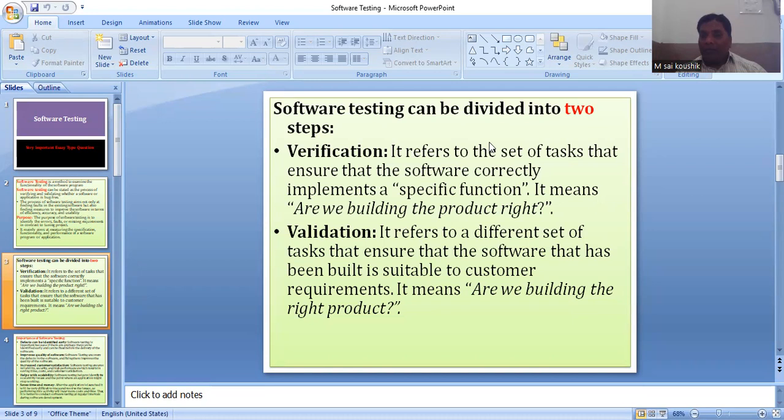I am preparing the corrected product or not, that goes to verification. Where the failures are there, you can simply rectify the failures or drawbacks, then make a correction, then you proceed. It's called verification. And after that, my software is true, then you proceed. It is called validation. So verification and validation are two steps of the